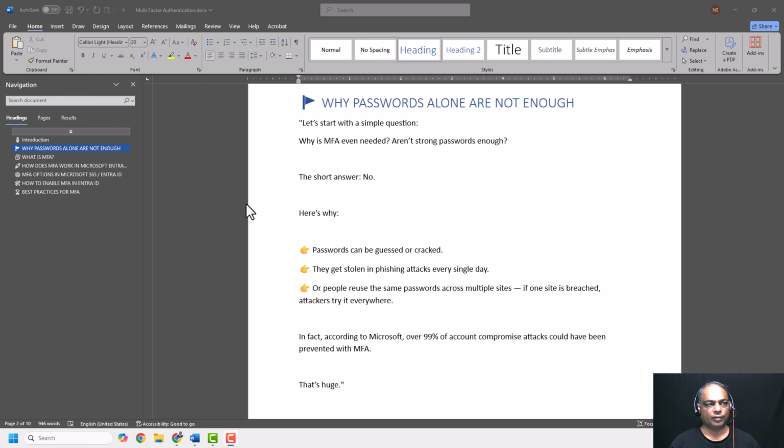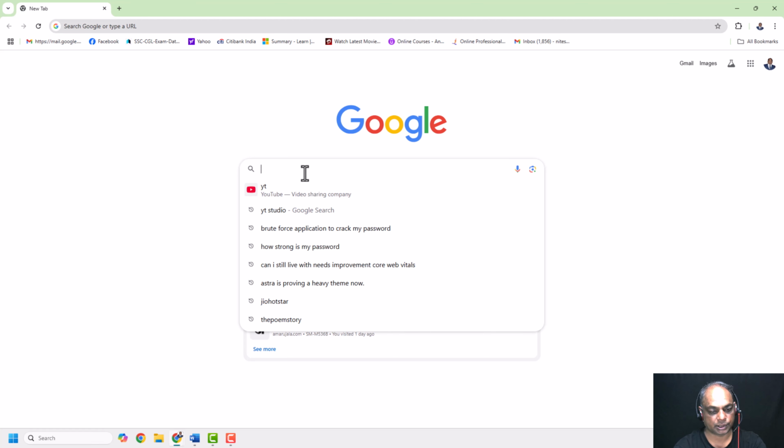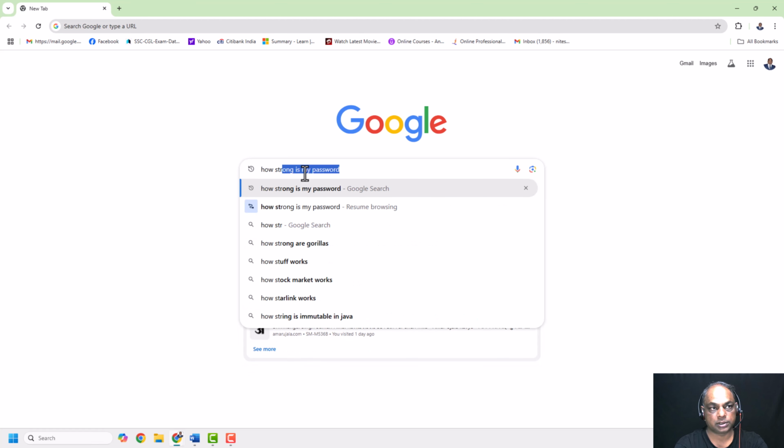The first thing you need to do is search how strong is my password. This is the web page where you can test how strong your password is. So this is Google Password Manager. Now you can use a strong password, and this strong password will take 215 trillion years to be decoded,